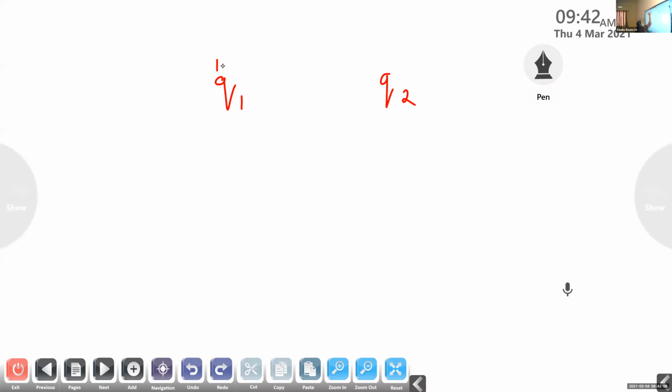both of them having positive charge. They are separated by a distance r. Can you say what force is present between these two charges, Q1 and Q2? We are considering two charges, both positive, separated by a distance r. Then here we have two like charges.